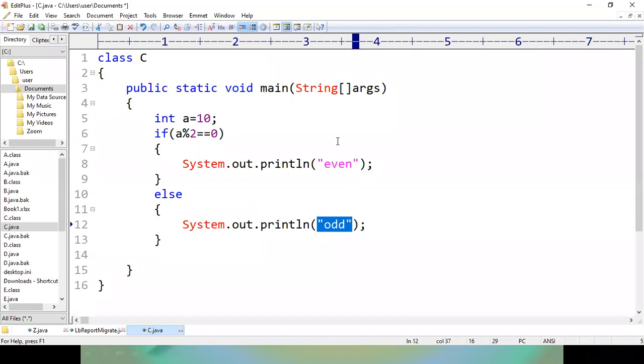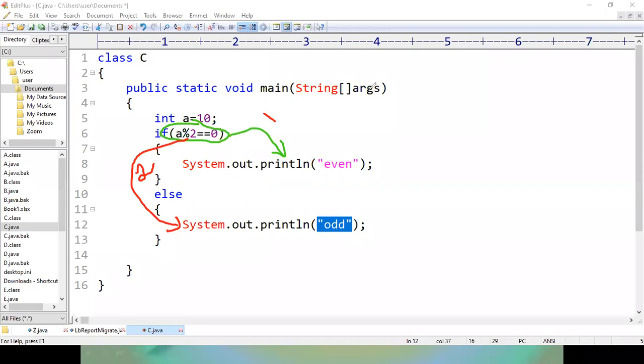So if you observe here, depending upon this particular condition, what we have given here, the compiler may execute this statement, or the compiler may execute, in case the condition is false, it is going to execute this statement. So we have only two ways. That is why we are calling if a two-way selection statement or two-way conditional statement. So here we are going to execute any one depending upon this condition. That's why we call them conditional statements. Or we are going to select any one block to execute. So that's why we can call them selection statements also, right?